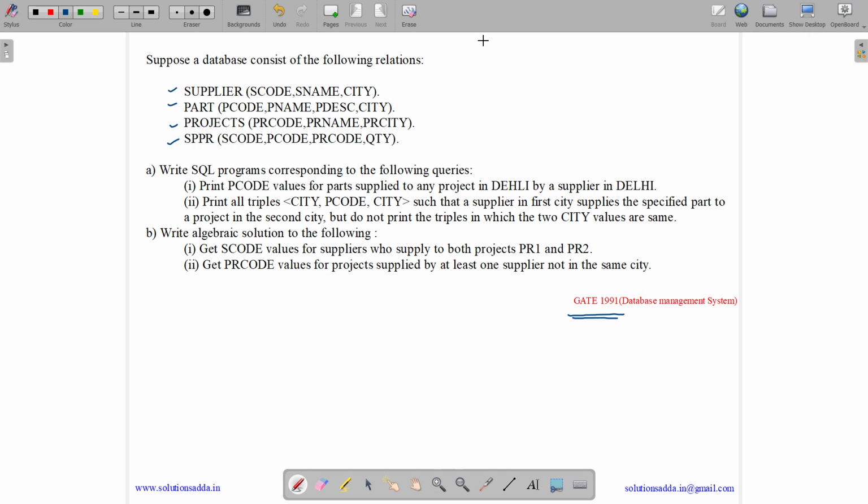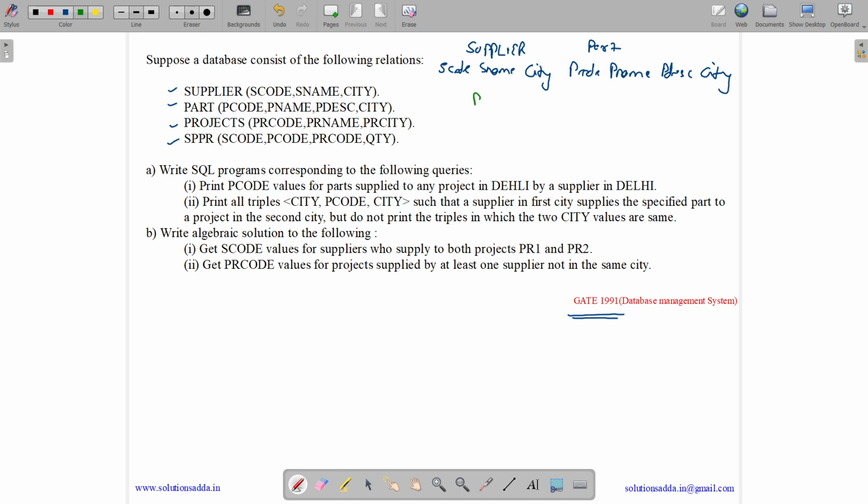So let us first of all write what the tables are. We have the supplier table with S code, S name and city. Then we have the part table with P code, P name, P description and city.